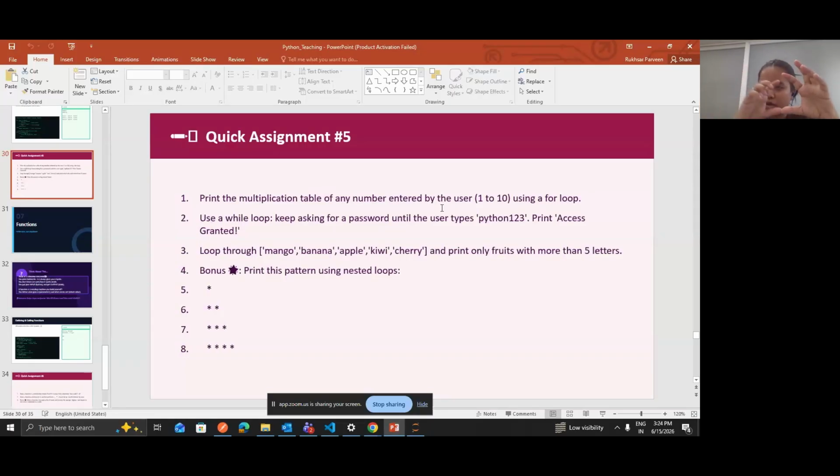And obviously you don't have to write the print statement repeatedly, you just have to use a loop. In case of a table, you start from the first index and go till the 10th index, right? And multiply with each, like 2 into 1, 2 into 2, 2 into 3. So try to take the loop in such a way that you can print the table of the number that you are taking as an input from the user. Okay, so write the code.